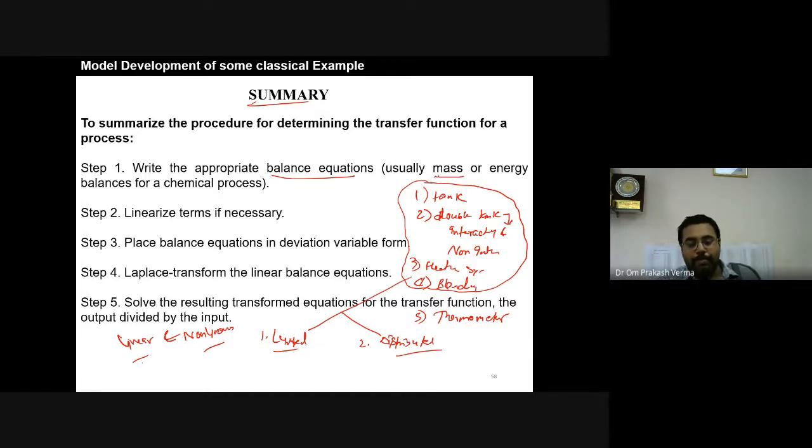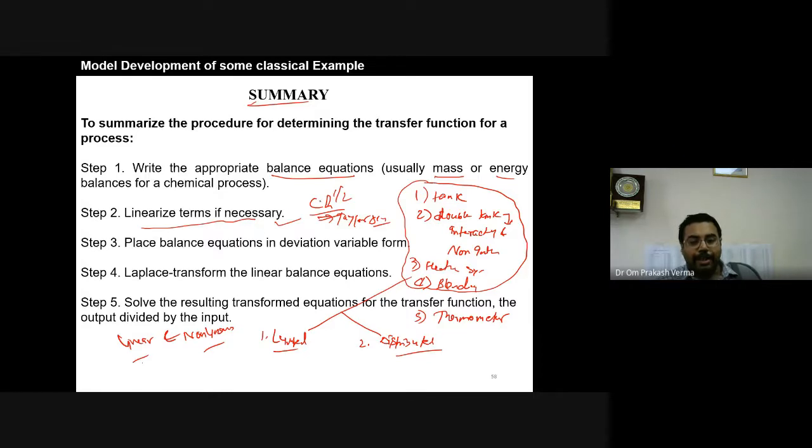Then if the system contains a non-linear term, like C√h, the power 1/2 that we have already seen in the valve, we have to linearize this equation with the help of the Taylor series expansion. We already went through Taylor series.